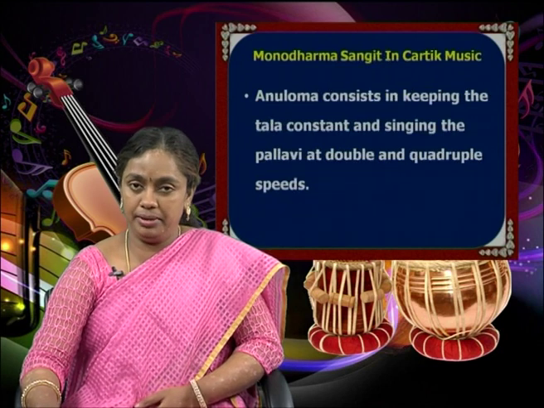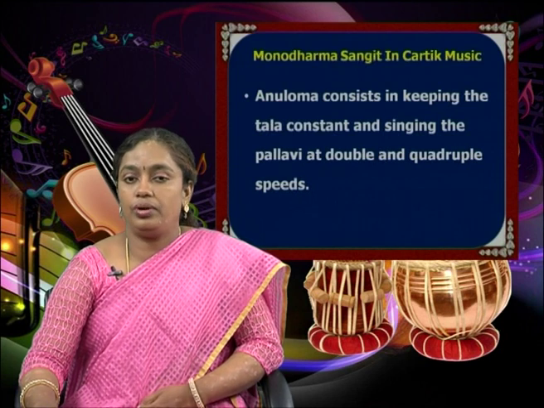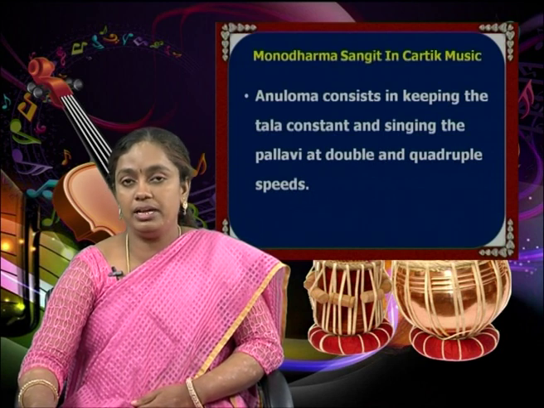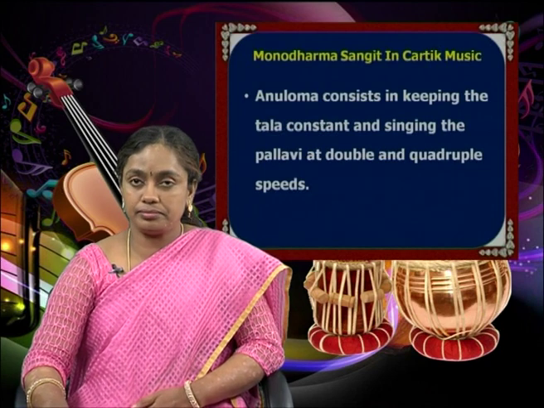Anuloma consists in keeping the Tala constant and singing the Pallavi at double and quadruple speeds. So the Tala remains the same, but the song increases the speed, that is